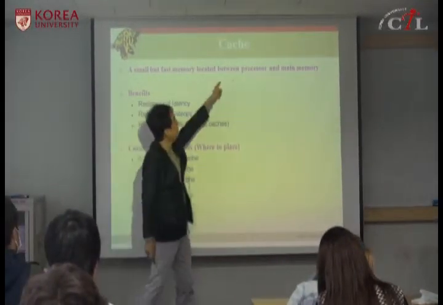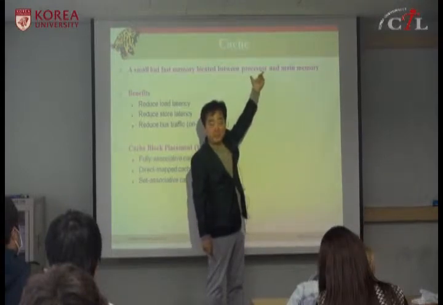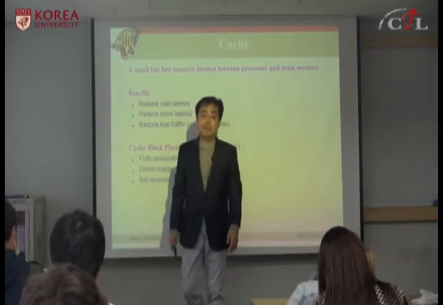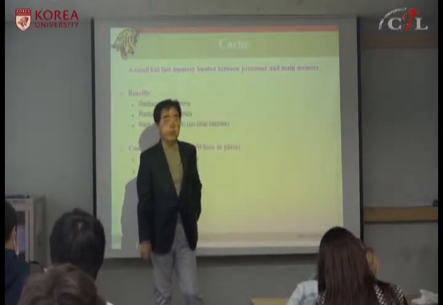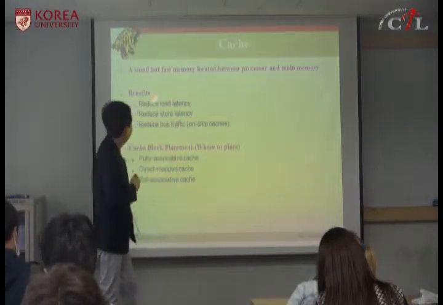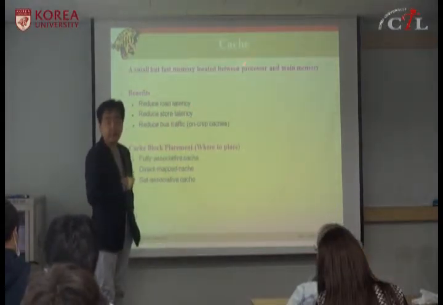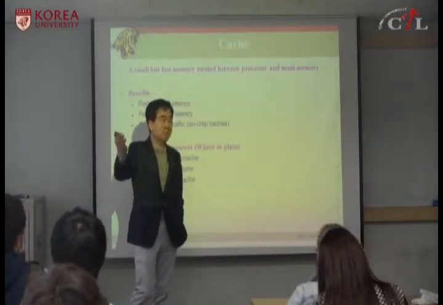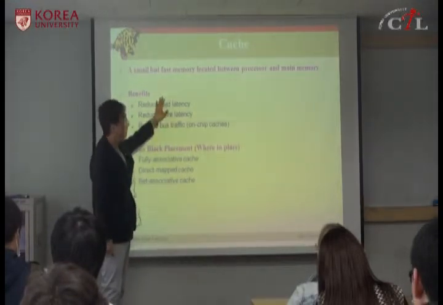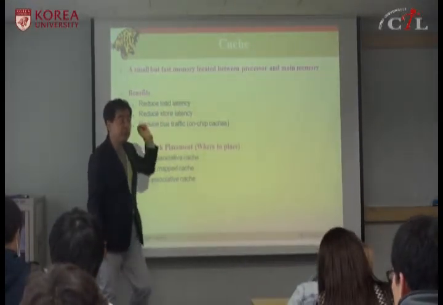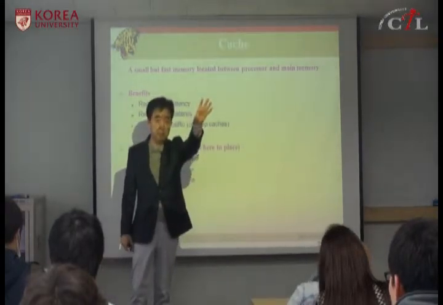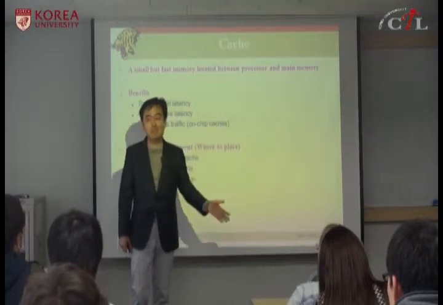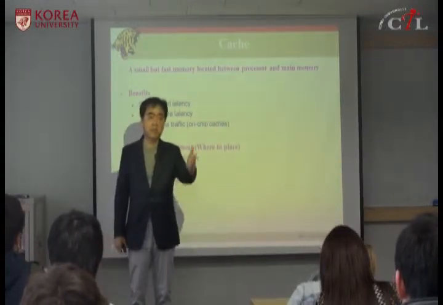It's fast because it's closer than main memory, because it's located between the processor and main memory. It's right next to the pipeline, so it's faster. Using the cache, you can reduce load latency because you get the data from the cache. If you hit the cache, you don't have to go to main memory. You can also reduce write time because you can write into the cache directly. Main memory is far away, right? First level cache, second level cache, third level cache, backside bus, frontside bus, chipset, and memory bus, and so on.